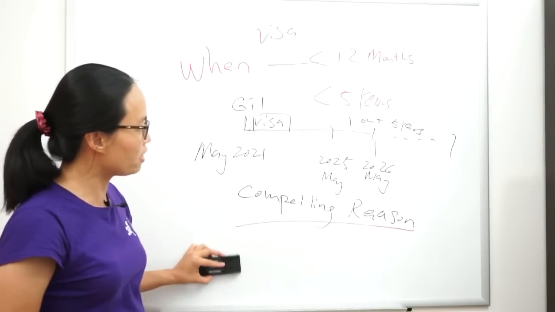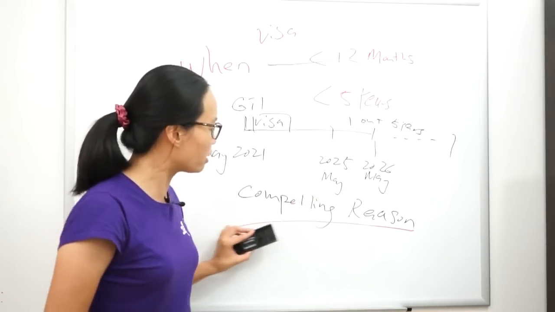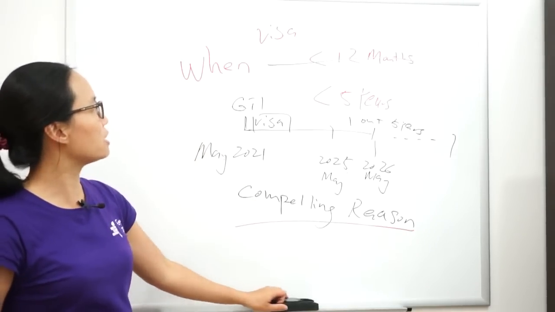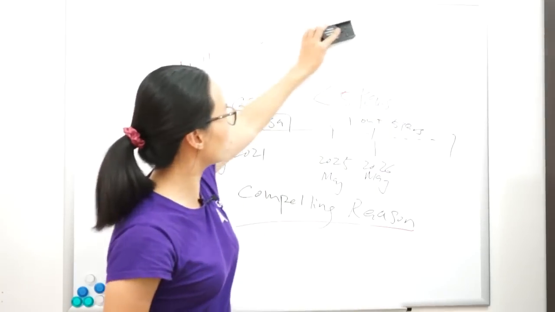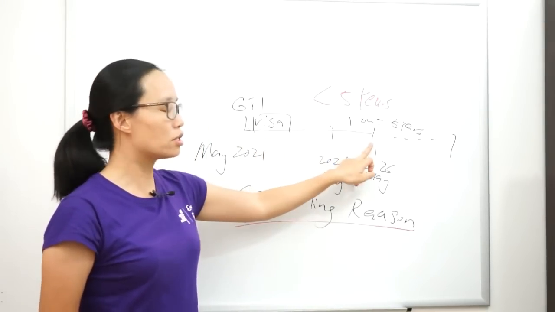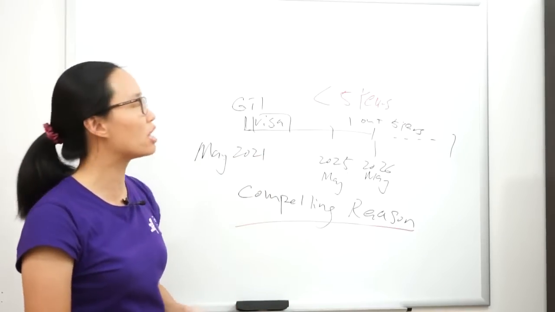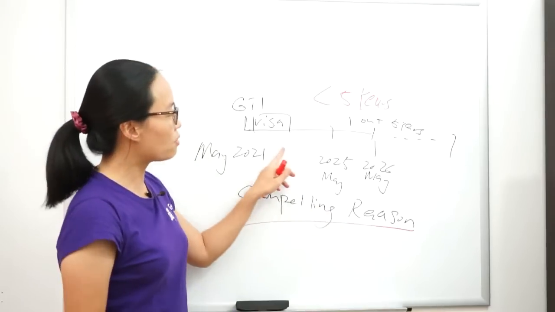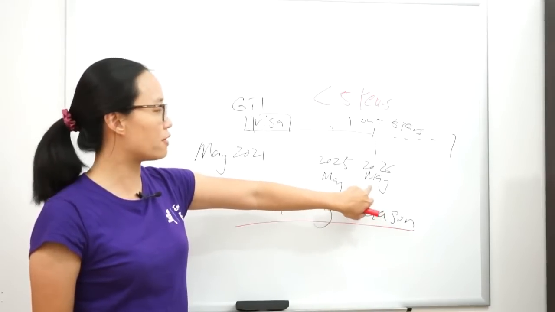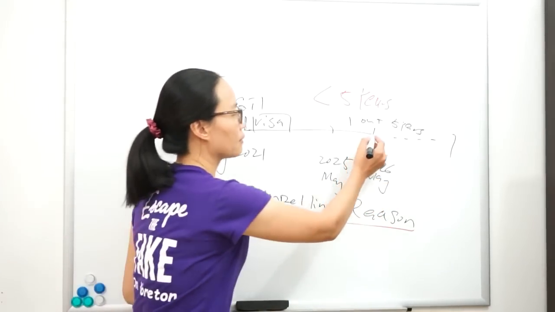However, if someone, for example, after this date has no intention to return to Australia, how can they meet the compelling reason? Under these circumstances, we will have 2 situations. One situation is they entered Australia once and left Australia without PR. For instance, someone came to Australia and the travel facility expired May 2026.